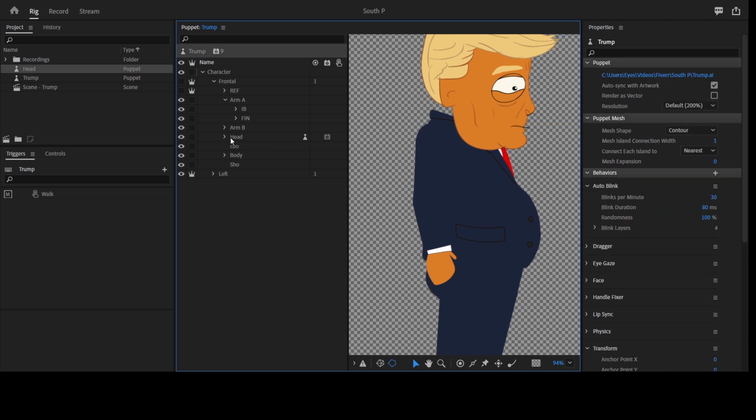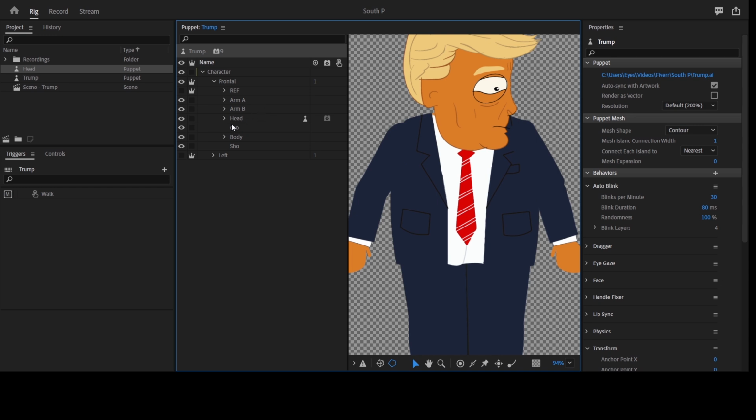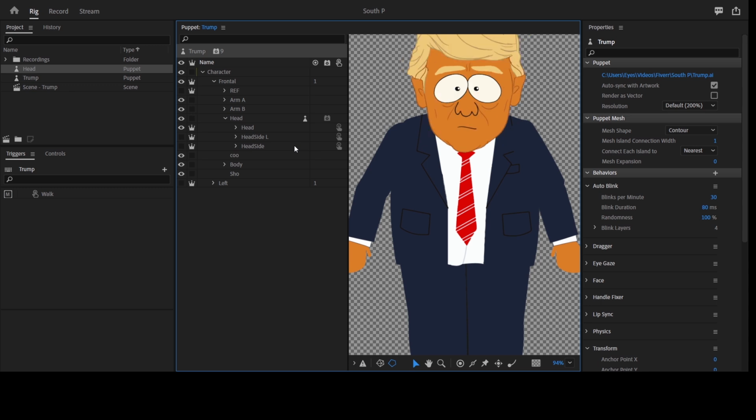Let's go back to our main character, actually our frontal. So let's just hide this and unhide this. Okay, let's make this frontal. Perfect. So now I'll be rigging the hands, and